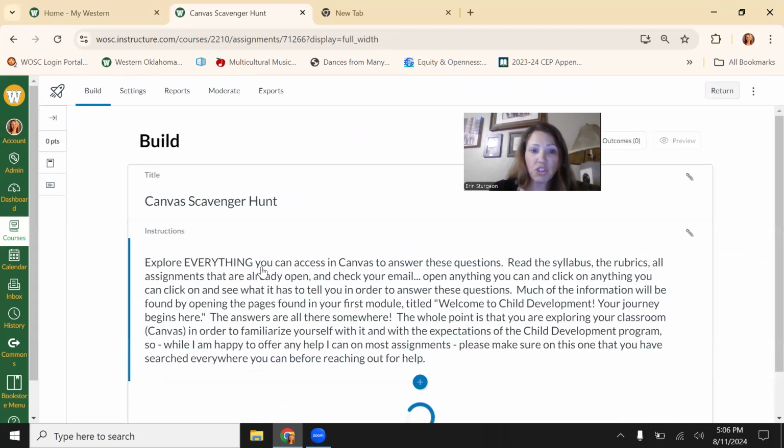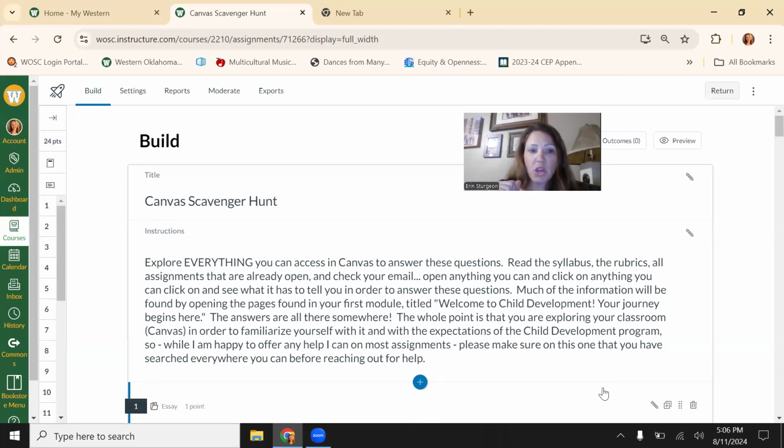I am going to show you the directions, okay? Because it says read the syllabus, the rubrics, all assignments that are already open, and check your email. Open anything you can and click on anything you can click on to see what it has to tell you in order to answer these questions. Much of the information will be found by opening the pages found in your first module titled Welcome to Child Development. Your journey begins here. The answers are all there somewhere. The whole point is that you're exploring your classroom, which is Canvas, in order to familiarize yourself with the expectations of the child development